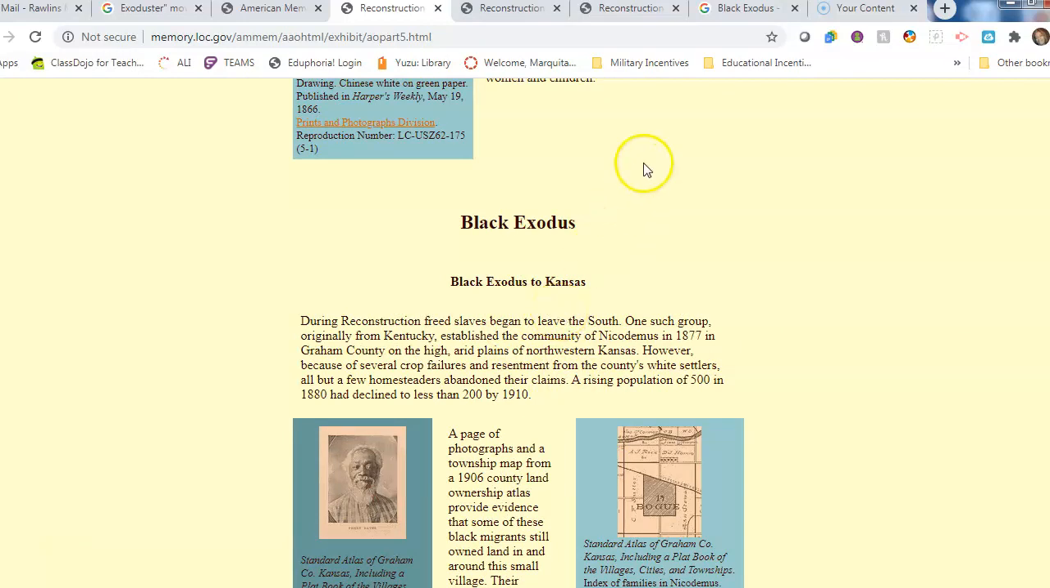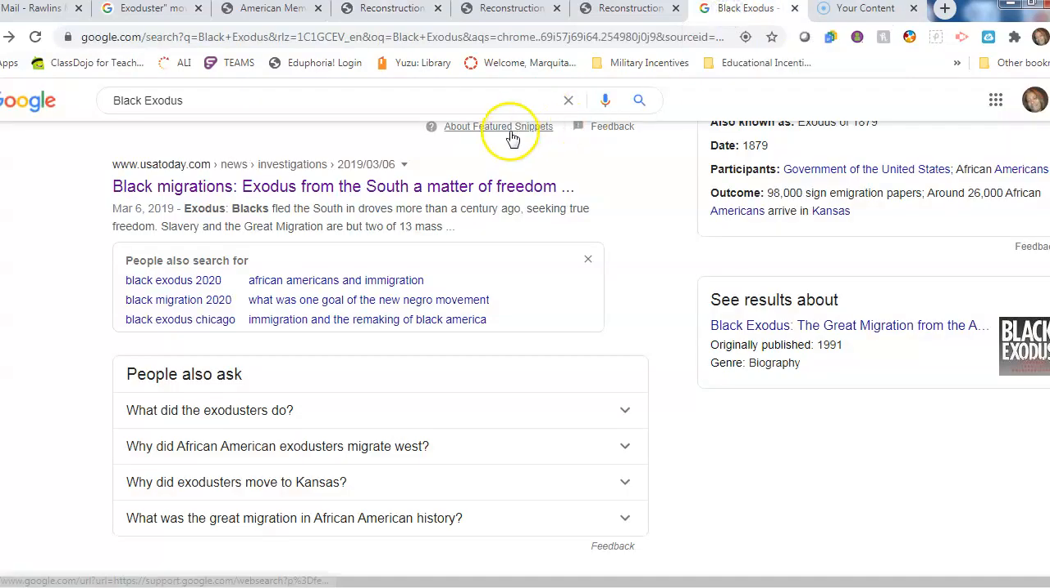So I then went to Google to locate my secondary source, and I put in Black Exodus in Google, and I searched for the most recent article that was 2018 or later, and this one happens to be March 6th of 2019. So I selected Black Migrations, Exodus from the South, A Matter of Freedom,